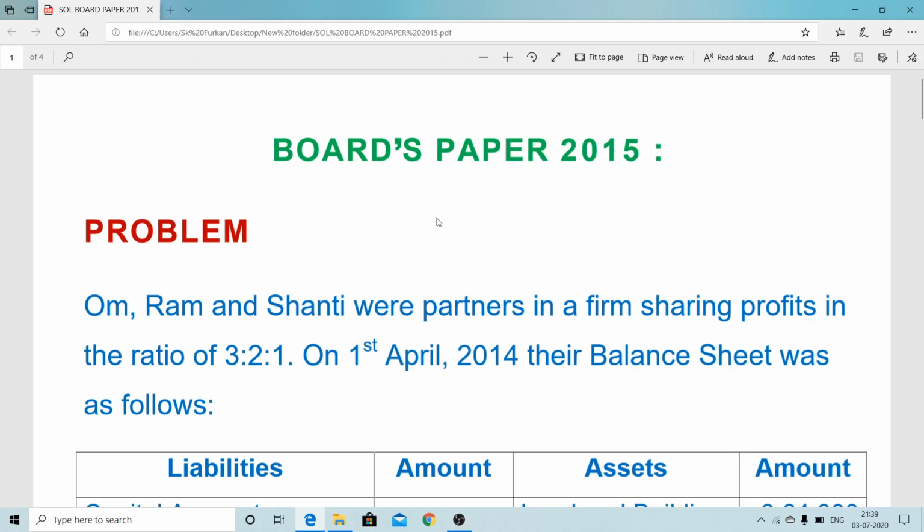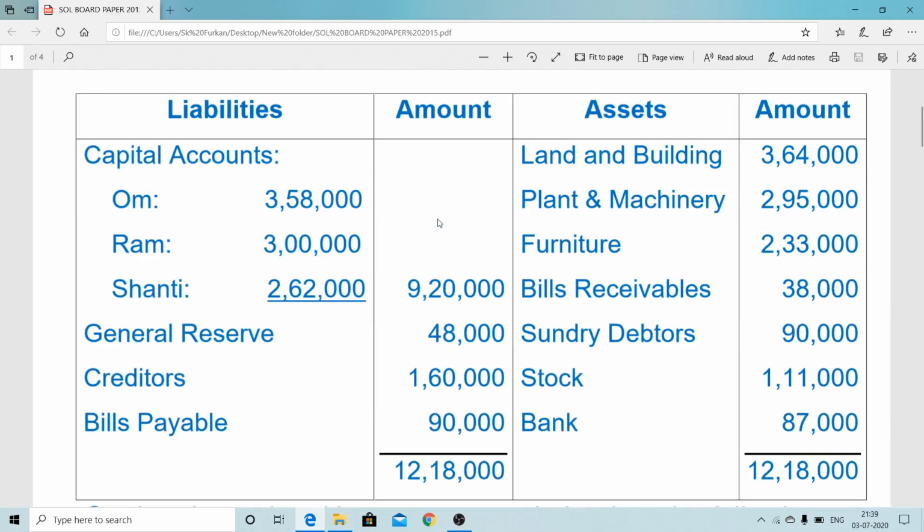And that one problem came, and one short question also came, that is for 1 mark, so that we are not considering. The 8 marks question we are considering here, and we will see which type of problem came in that particular year. Generally the same type of problem we can see so far. We did so many years of board paper questions. In this year also we will get some similarities, like here again the same way, like capital adjustment,